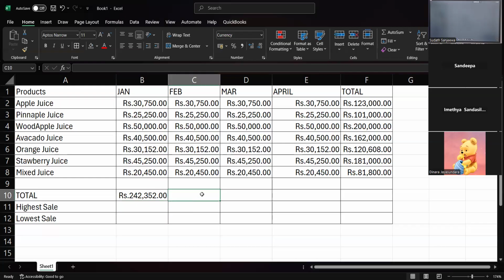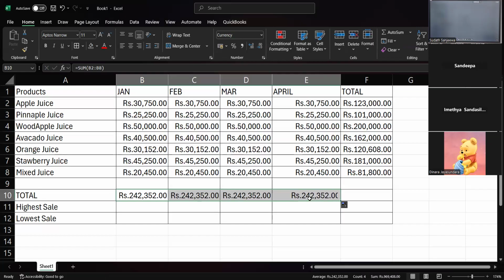Now I want to get the total of February, total of March, total of April also, right? So you can do the same thing as I did earlier. Click this one, go to the corner of this cell, you can see the fill handle. Then double click and drag this one to this place, right? Then these values will be automatically filled,